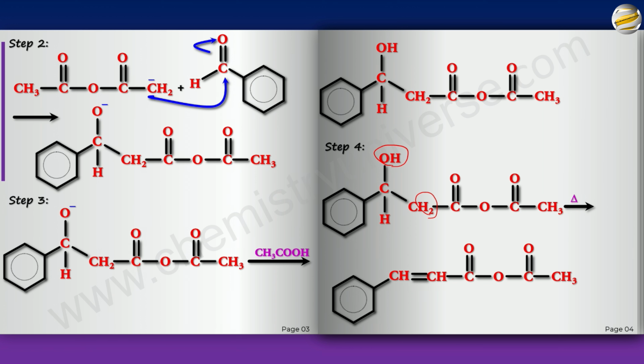Can you now understand why we need 2 alpha H? The first alpha H we needed was to make this carbanion, and the second alpha H we needed to make this double bond. So the anhydride must have 2 alpha H, and symmetrical the better, because if these two groups were different, then one product you will get from here, another product you'll get from here, and they would be different and yield will go down. But anyway, we still haven't got the alpha beta unsaturated acid. We've still got the anhydride, but it's pretty simple.